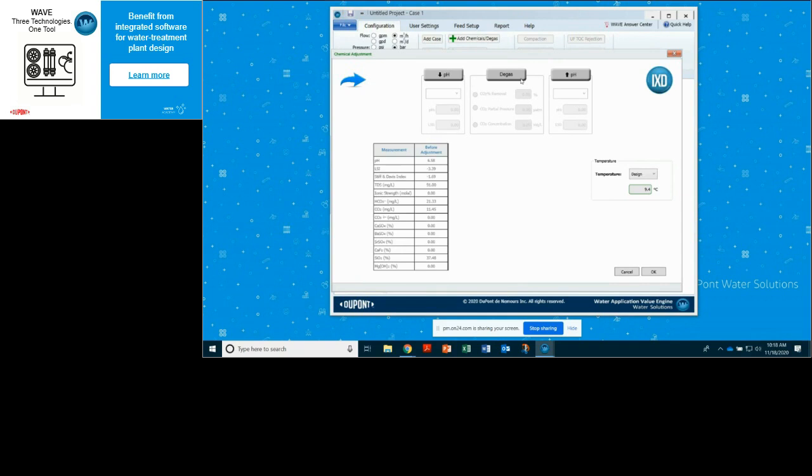So we will now pick our degasifier. See, we now have the label of what happens after you degas the water. And in many cases, if you're used to using a demineralizer, you might specify, okay, I know what my CO2 concentration will be, and I'll say, okay, I can get 10 milligrams per liter. And you get this really unusual result. It says that your pH is going to be 9.34, which doesn't make a lot of sense if you're used to normal demineralizer degasifiers. And this gets into the chemistry of